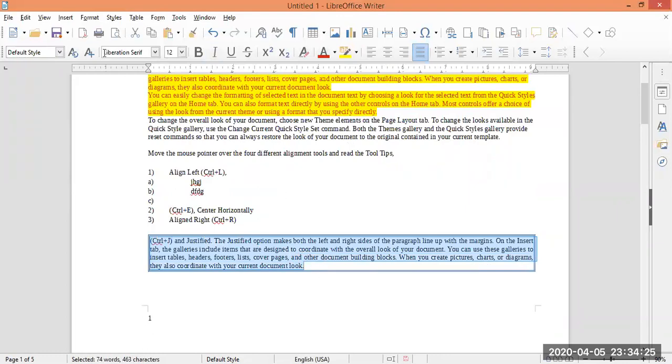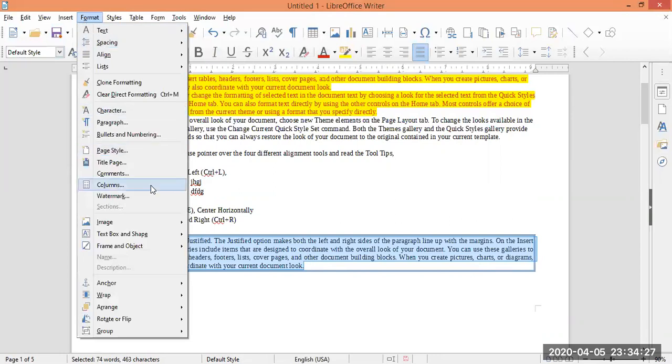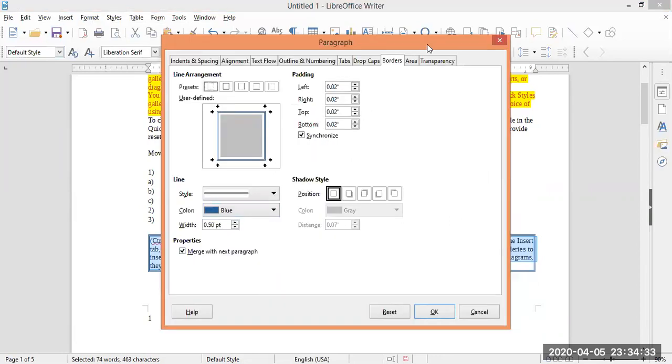The same way, you can apply background color to the paragraph. Click on paragraph again. Then you can